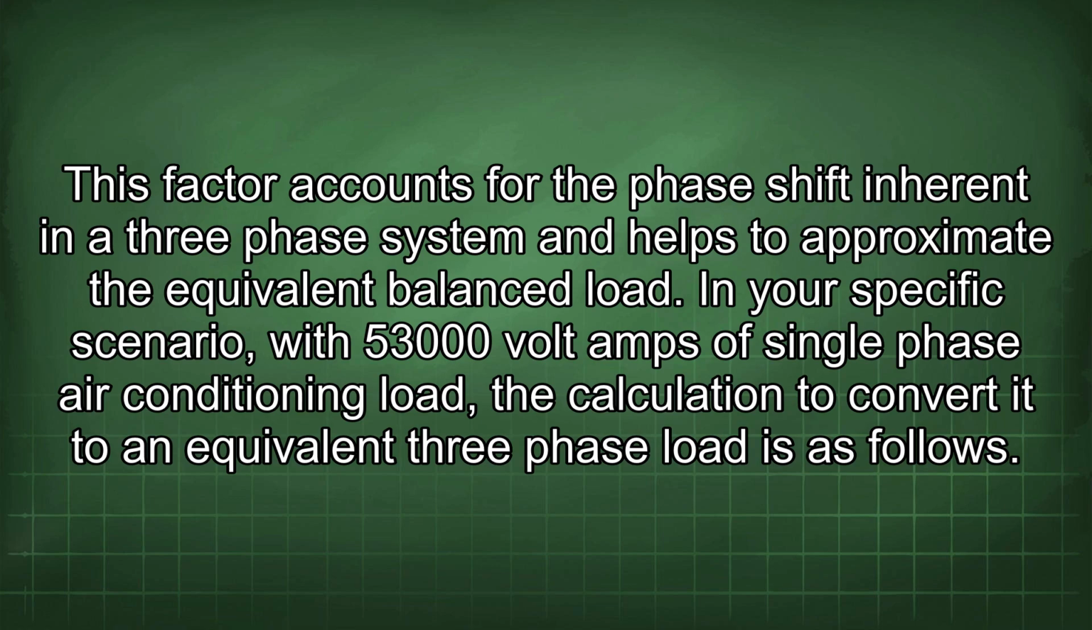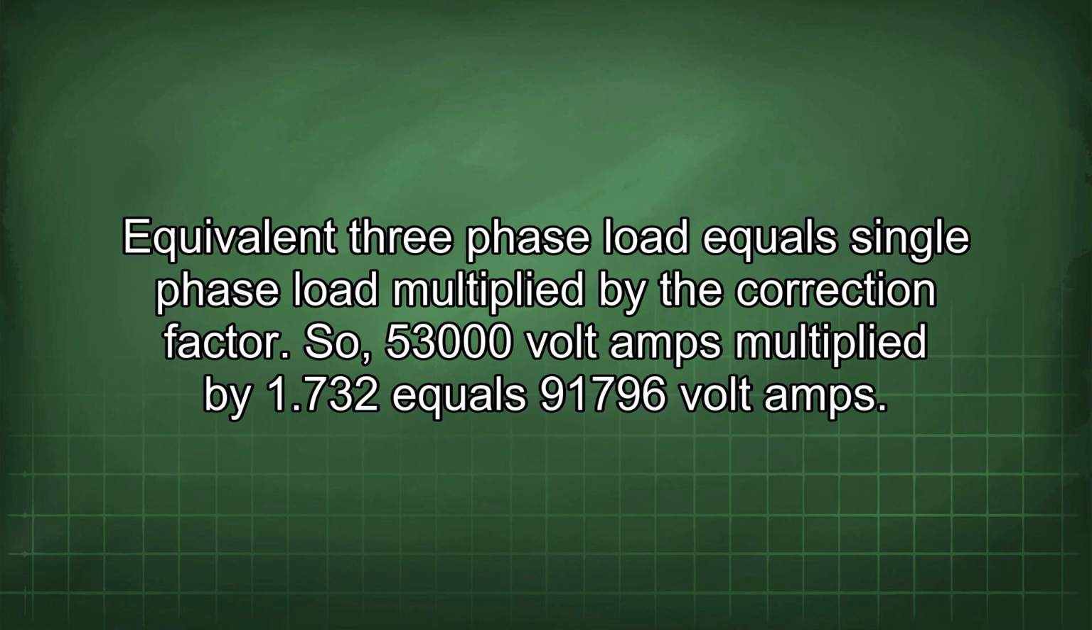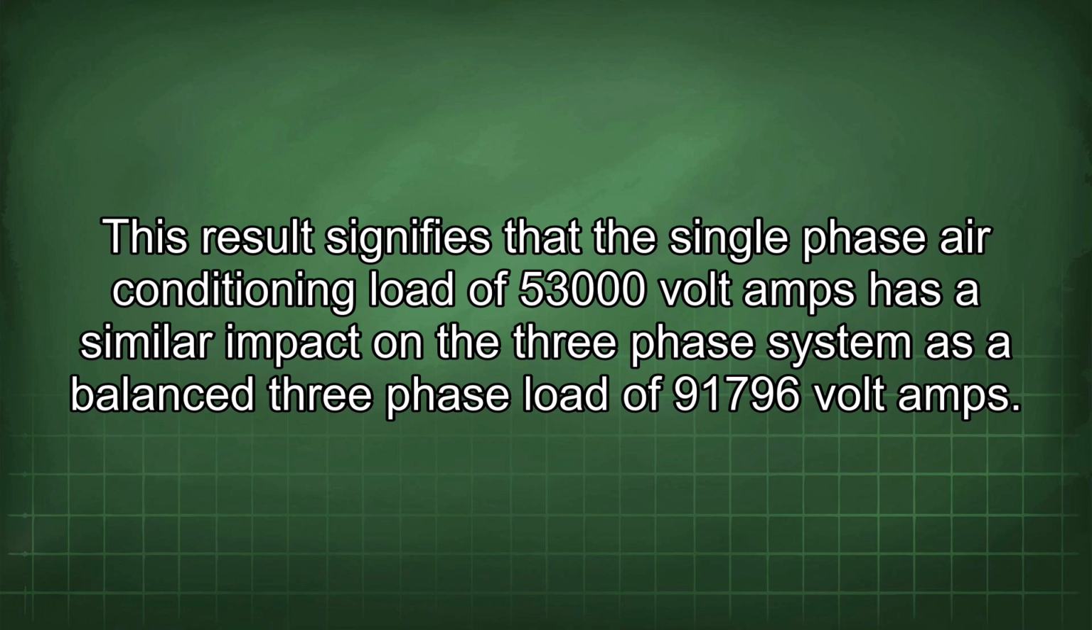In your specific scenario, with 53,000 volt amps of single-phase air conditioning load, the calculation to convert it to equivalent 3-phase load is as follows. Equivalent 3-phase load equals single-phase load multiplied by the correction factor. So 53,000 volt amps multiplied by 1.732 equals 91,796 volt amps. This result signifies that the single-phase air conditioning load of 53,000 volt amps has a similar impact in the 3-phase system as a balanced 3-phase load of